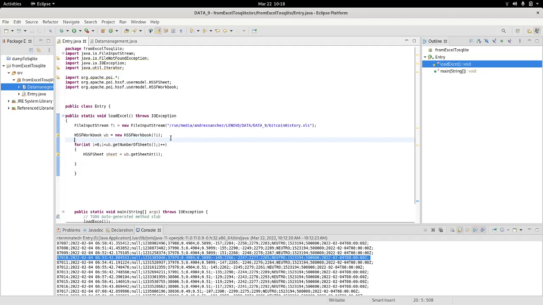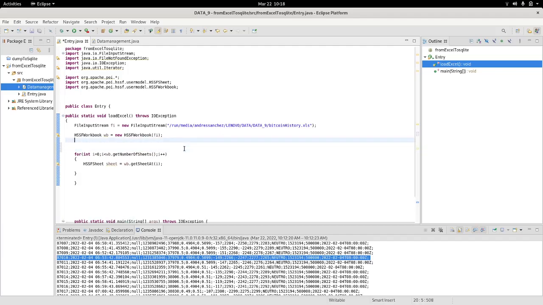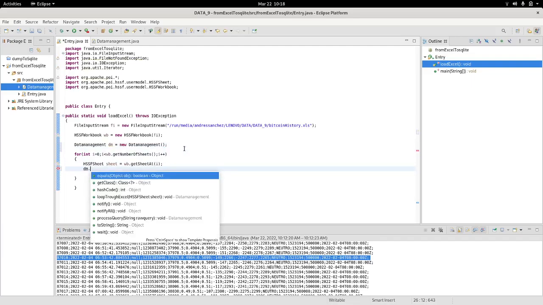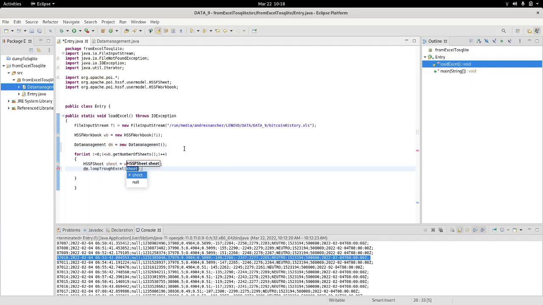I might need to instantiate that one. It's not a static one, so I need to instantiate that method there. So I have to say a data management DM. I will call it a new data management, and I will say DM loop through Excel, and I will pass the sheet. Okay,